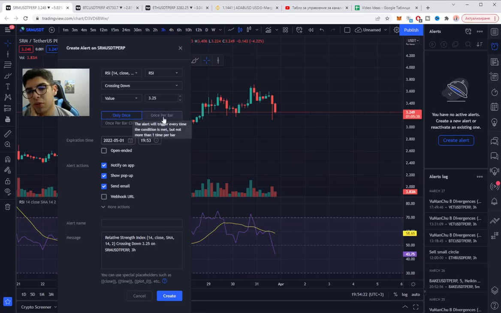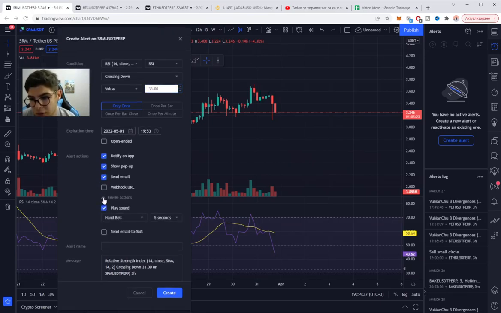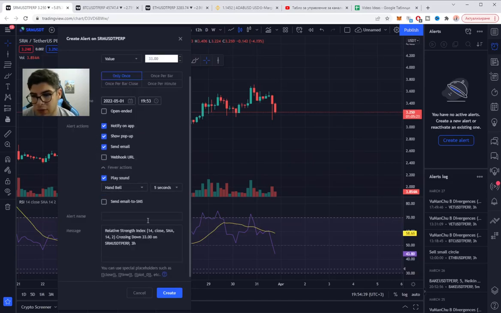You can choose once per bar or once per bar close. When the candle closes you get the alert, and now choose the 33 level. Click on all of those. If you have the TradingView app, it's for me essential to have all of those turned on just so I